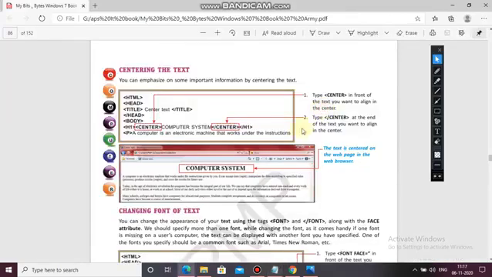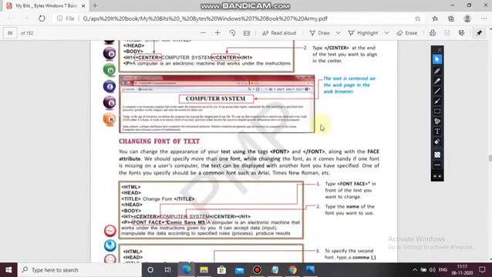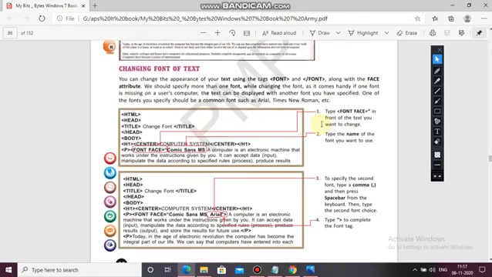Now coming back, changing the font of text. Now you have aligned it in the center, so you can change the font also of the text. You can change the appearance of your text using the font tag along with the face attribute.